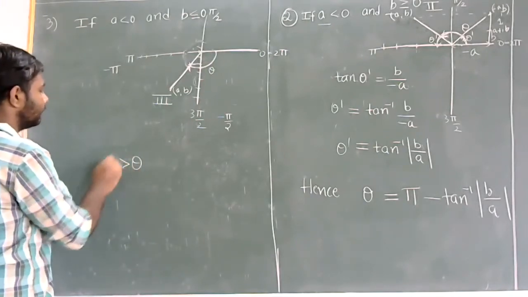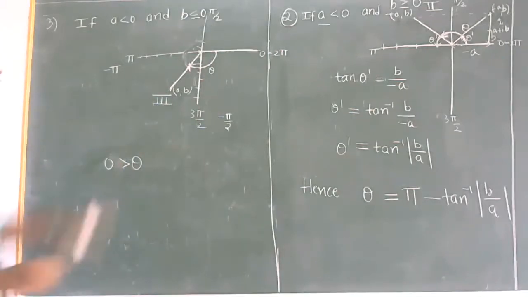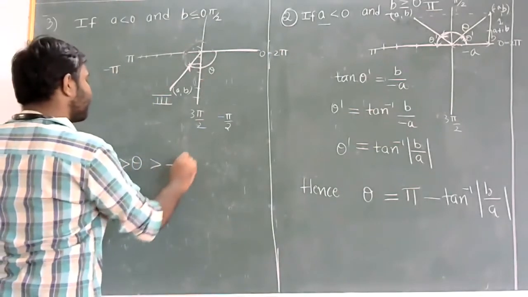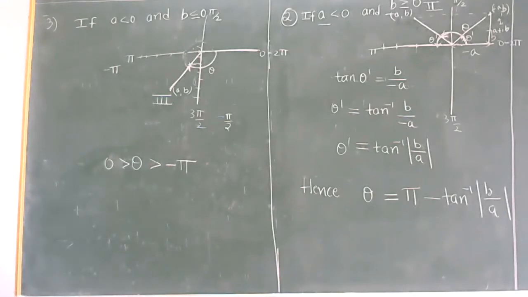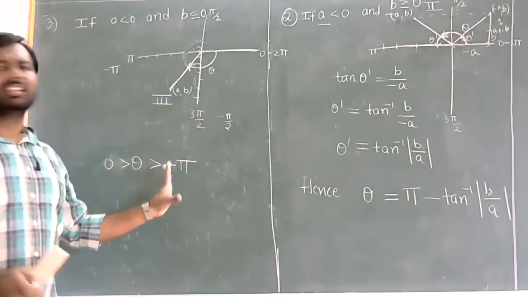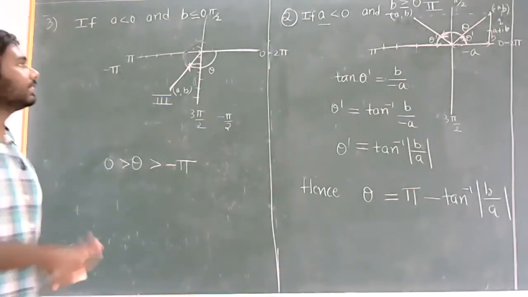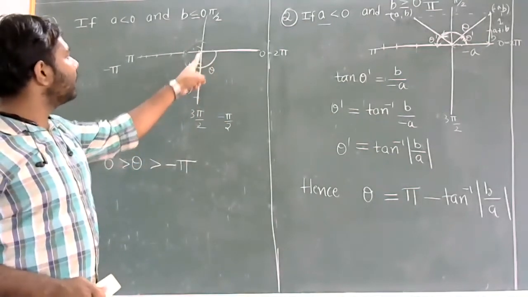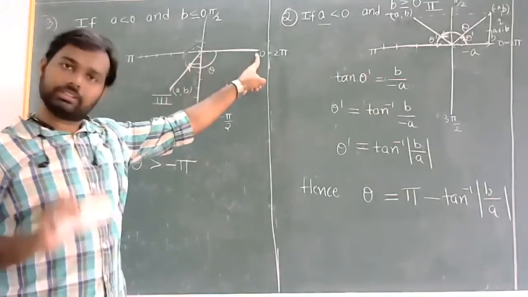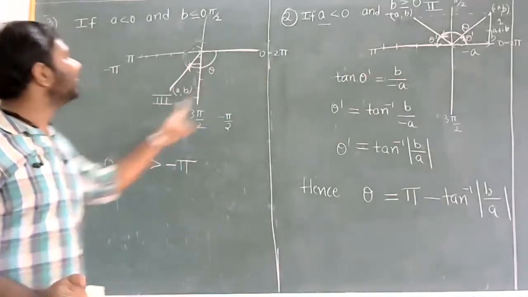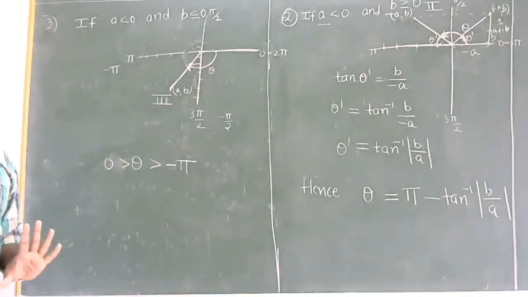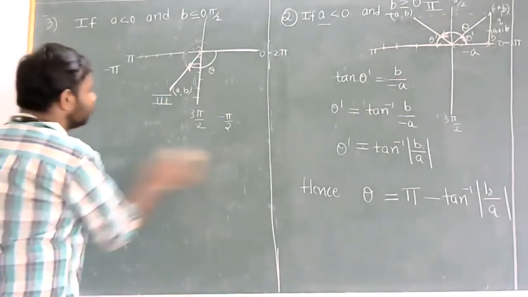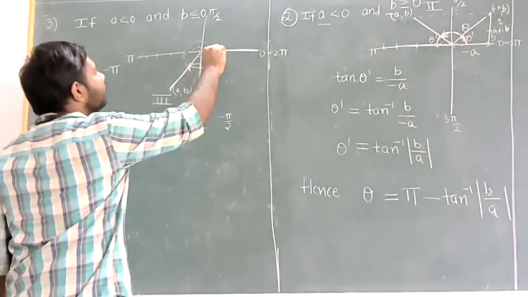It is less than 0 and greater than minus pi. So we are just measuring it in the reverse direction. That's it. Once again, I am measuring the angle subtended by this line with respect to the positive real axis itself, but in the negative direction. So now I need the measure of this angle.